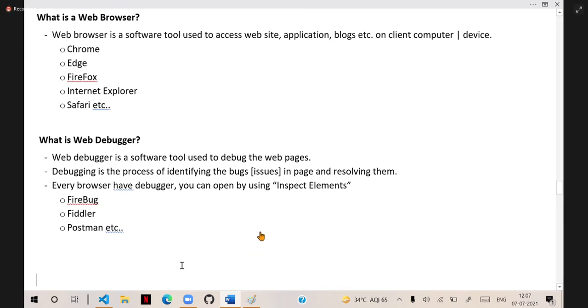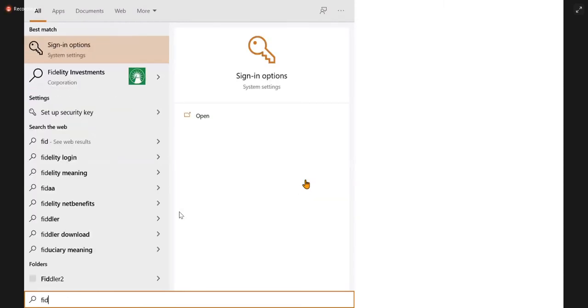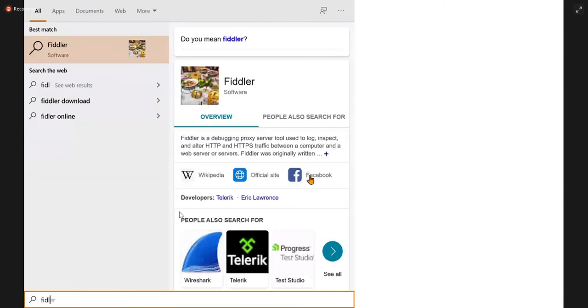But as of now, at the learning level, general debuggers are enough. That means your browser debugger is enough. But at a high level, you need more debuggers like Fiddler and Postman. For example, in my computer I have Fiddler, which I needed to install.